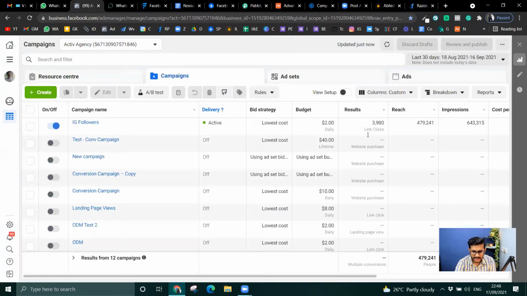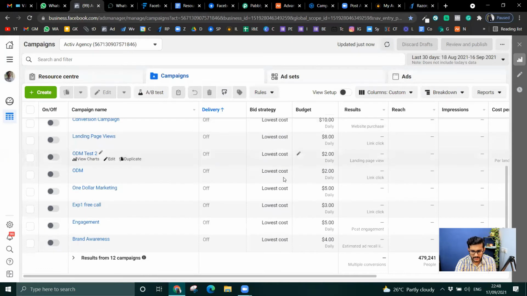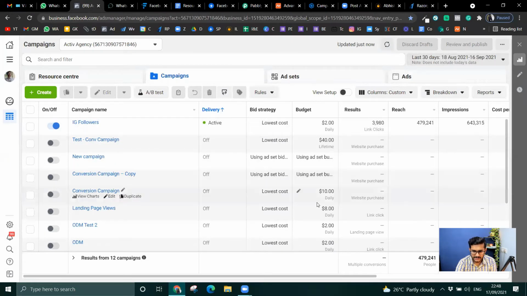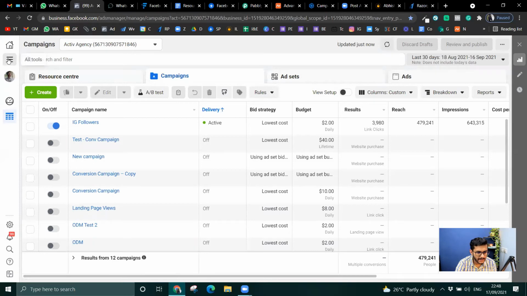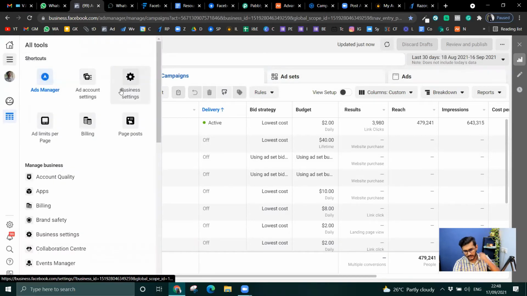So, okay, I am in my Facebook ads manager now. You can see multiple campaigns. I keep running this for 30 days. So let me create a new campaign. But before that, I have not added my domain. So I'll have to first go ahead and add the domain. This is a new domain that I've taken. Earlier, I had a different domain. So let me just go ahead and take the different domain.